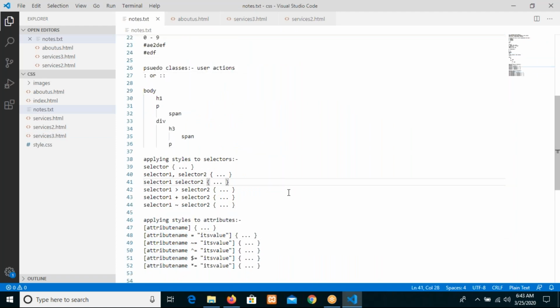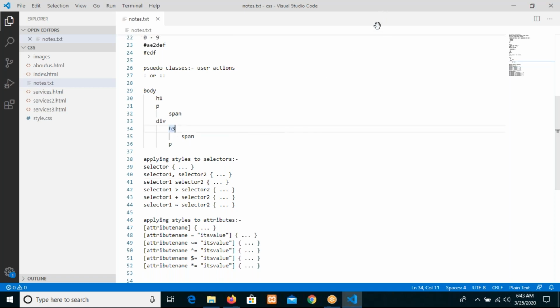Now, as discussed, let us create a website with a combination of whatever properties we have discussed, aligning things and using the properties in a proper way and designing a website. Okay, then